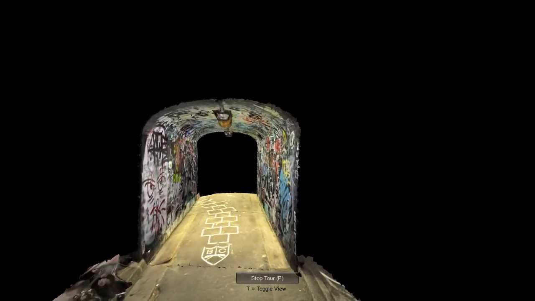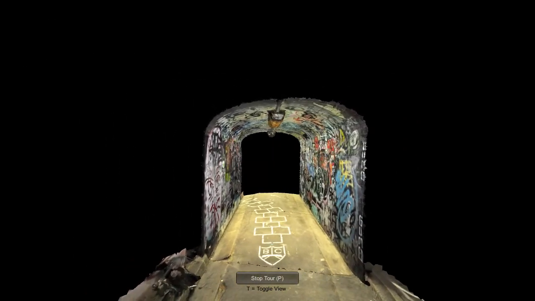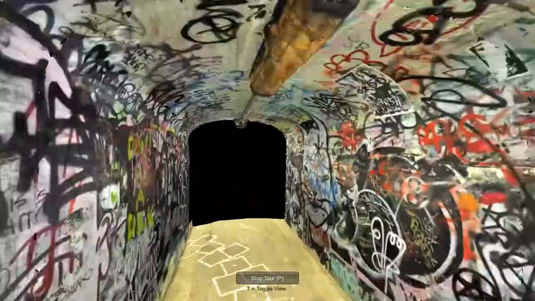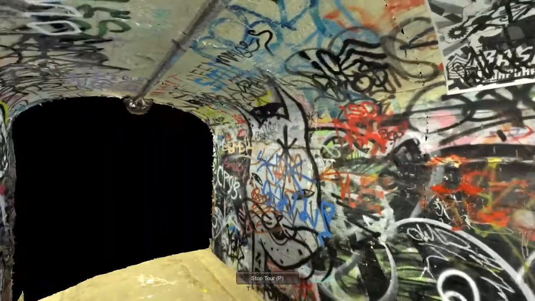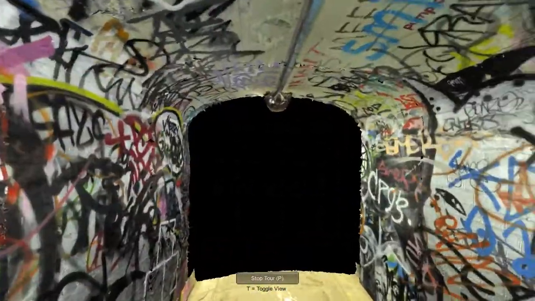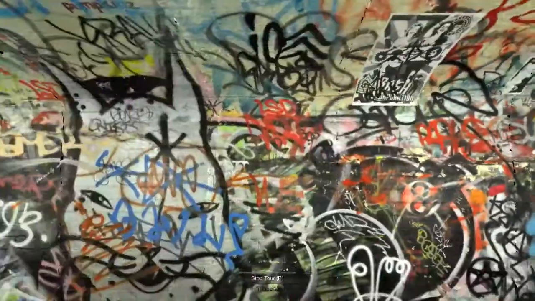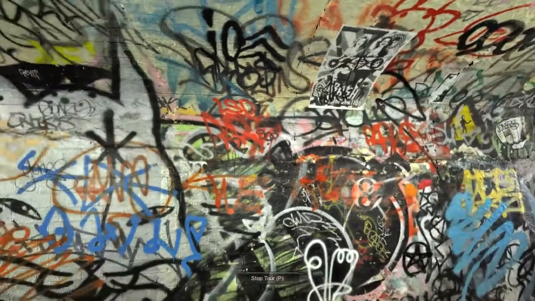This is an ongoing project. I'm just sort of trying to get people's thoughts and suggestions for it. So at the moment, if there's anything that you find annoying or striking about it, I'd love to hear your comments. And in the meantime, I'm just going to continue doing the process of reconstructing the rest of the tunnel. And ideally, this will be